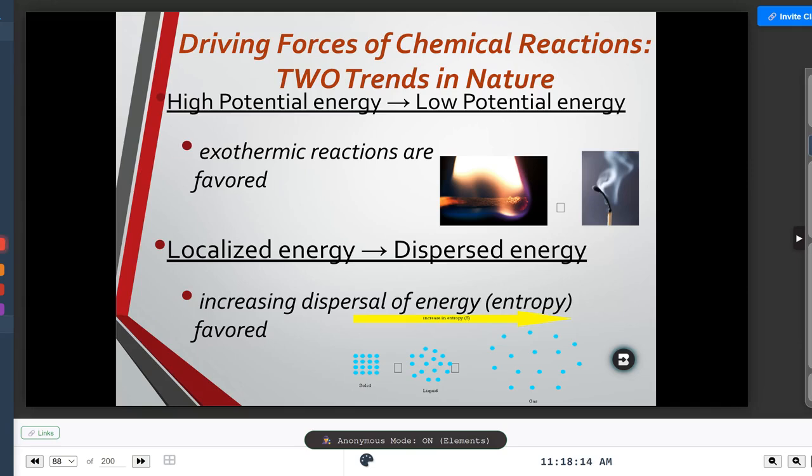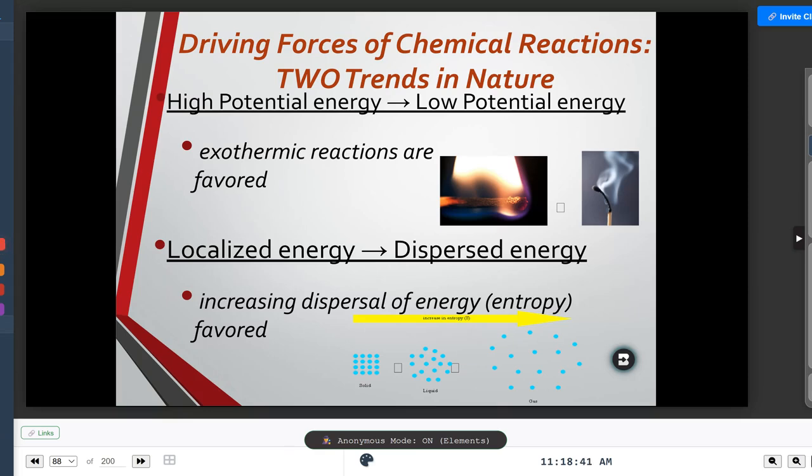All right, so when we think about why chemical reactions happen, we want to think about getting to a lower potential energy state, right? Like we are unstable, we're sitting up high on the shelf, on the cliff, and we're ready to fall off, right? And that's kind of what these chemical bonds are like. They're in a more or less stable position. If they're more stable, they're usually lower on the cliff analogy.